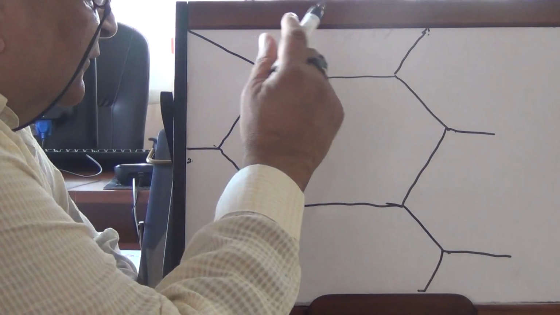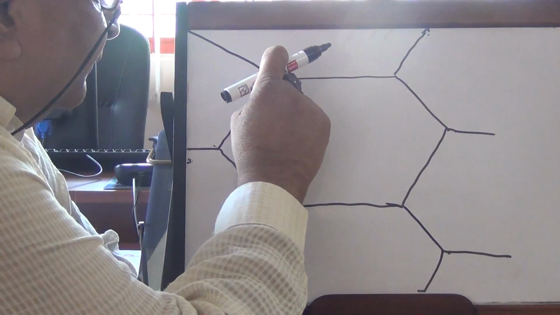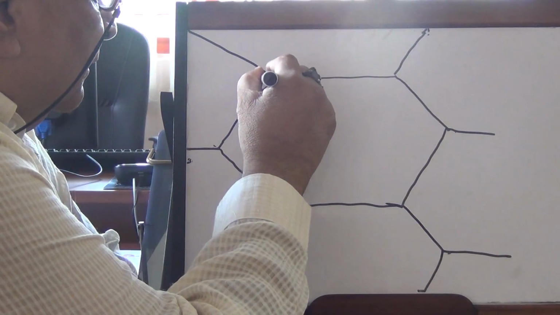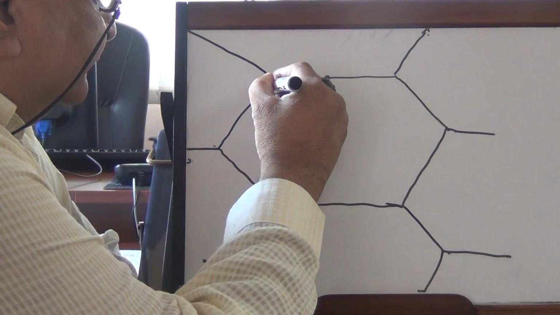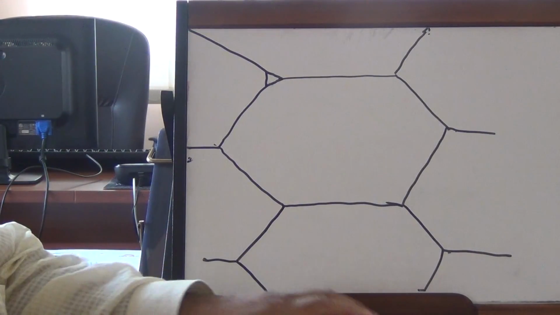At the angles of this hexagon is a triangle. It becomes like this, and it has got